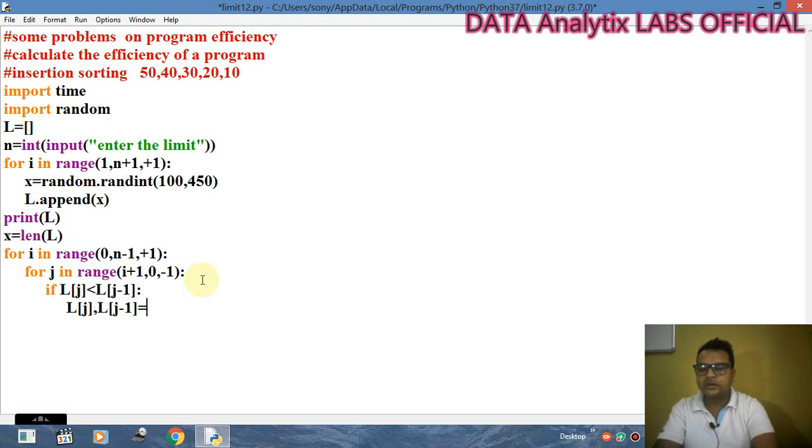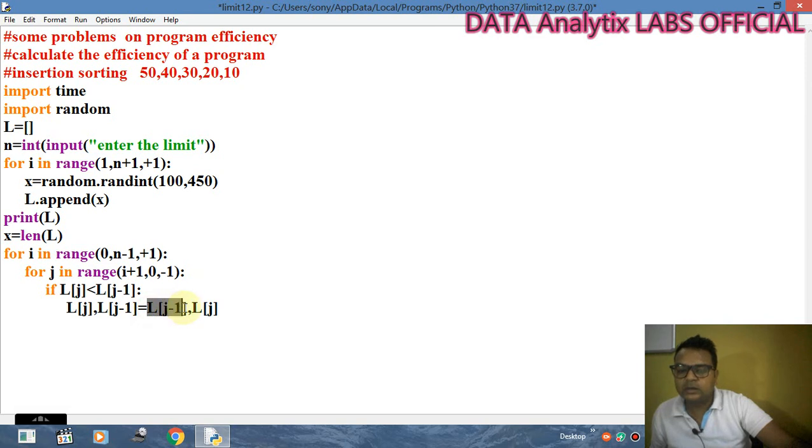In place of L of j, L of j minus 1 जो वैल्यू है, मतलब जो first value है, that will be shifted to the second value, and L of j जो है, that is the second value, that will be shifted to the first value. So that is the way how we are going to swap. Clear?